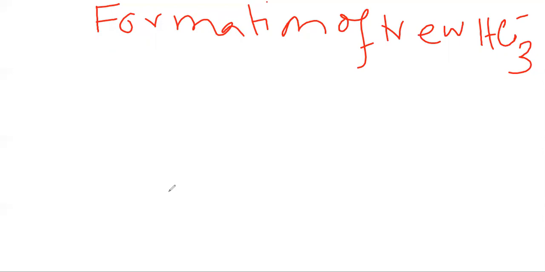So to combat this situation, what will the body do? It will increase synthesis and secretion of ammonium ion so that new bicarbonate will be regenerated. So regeneration or formation of new bicarbonate is done by the synthesis and secretion of ammonium ion. Ammonium ion is produced in the kidneys by the metabolism of glutamine in the proximal part of the nephron. So how is it possible? How the glutamine metabolism will lead to synthesis and secretion of the ammonium ion, that we will deal with.